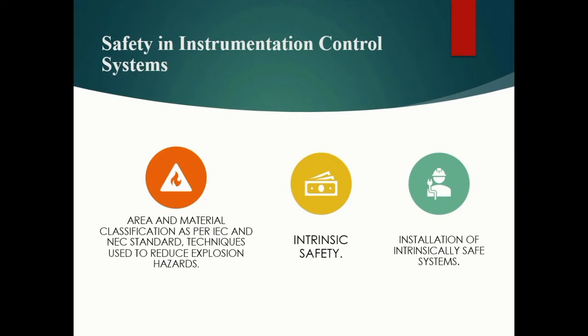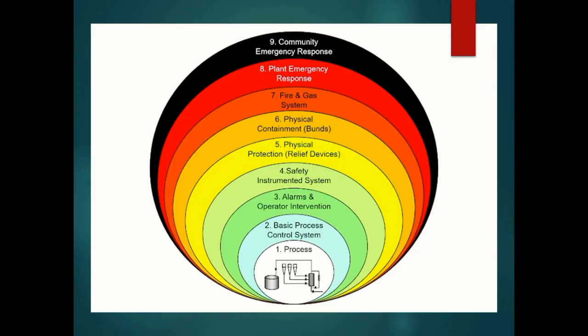How to measure this safety is very easy. They classify the area, and based on the classification they measure the safety. So for each area, for each zone, the safety protections and safety aspects are different, which we are going to see. This particular diagram shows how industry works at each level regarding safety. The process, basic control, then the alarms, which are the safety devices and safety intervention, informing the control room about hazard conditions occurring inside the plant. Then the safety instruments, then protection devices, then fire and gas systems, and plant emergency response.